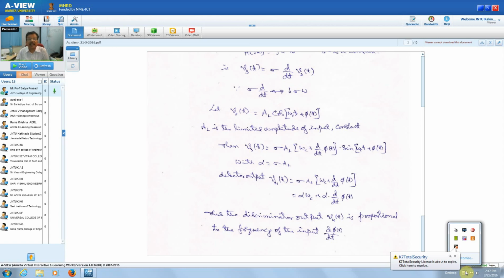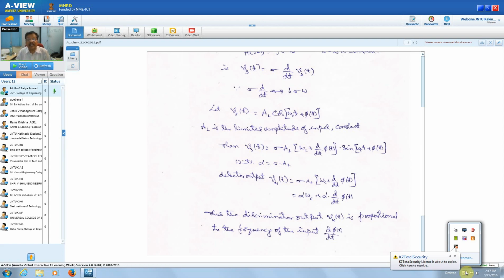And we are now assuming a value alpha equal to sigma into AL, so that we can simplify this. Instead of always writing sigma AL, we can write simply the alpha value. So with this substitution of alpha equal to sigma into AL,